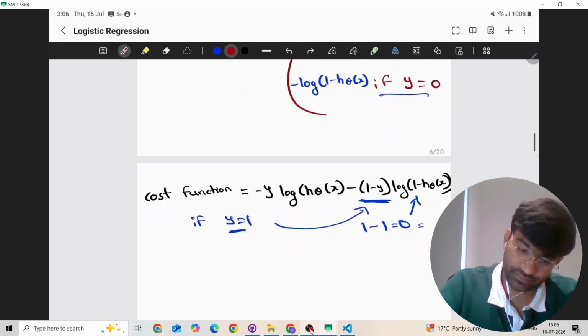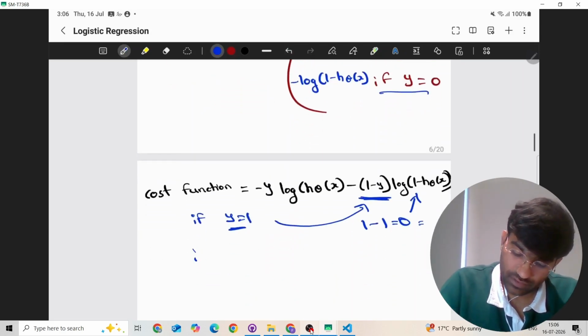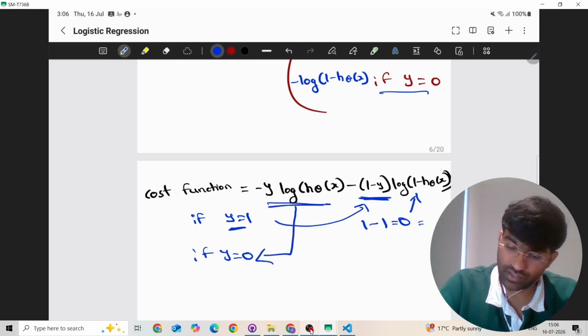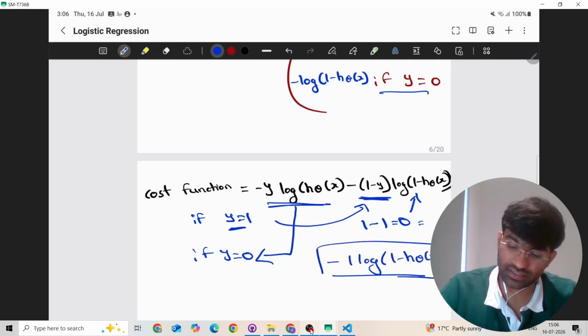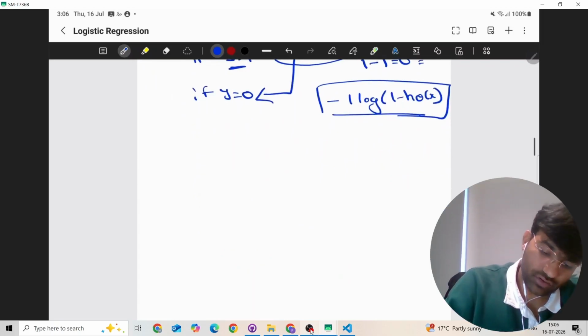And if y equals 0, then this value will become 0, and our cost function will be 1 minus y, that is 1 minus 0, which is 1, so minus 1 times log of 1 minus h theta of x. So we get the cost function like this, and the final cost function, after combining,